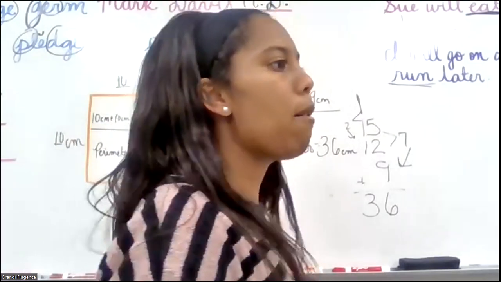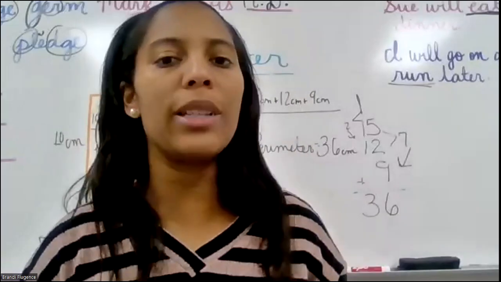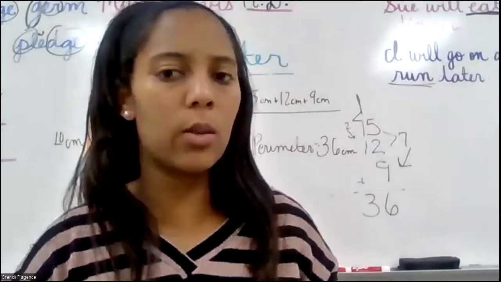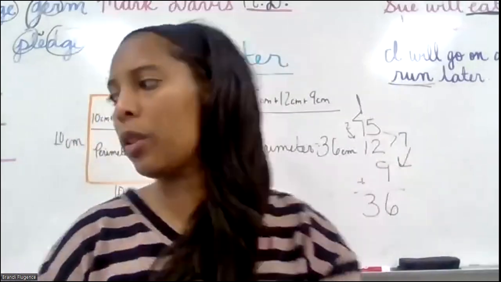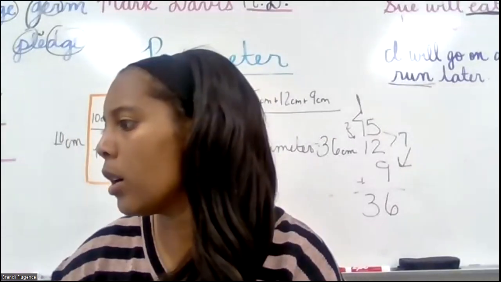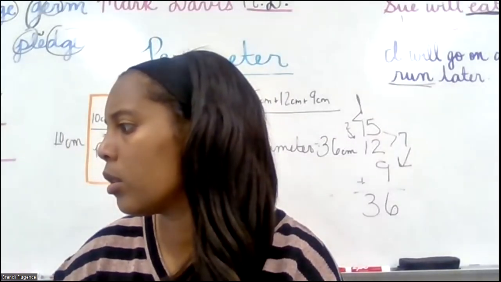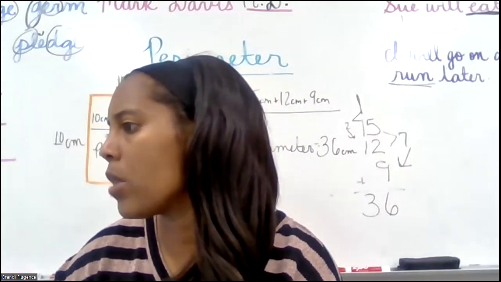Let's go to the square now. So remember, guys, I told you the square, usually when you measure one side, all of them will be the same amount, just the square. So go ahead and measure your top line, and that will tell you what the measurement of the rest of them are. You can measure all 4 if you want.